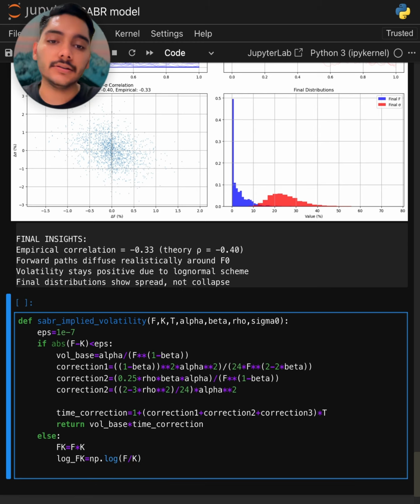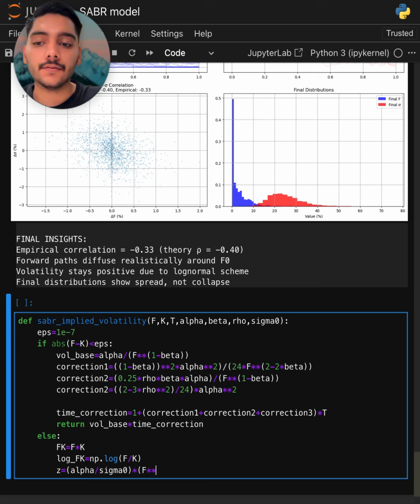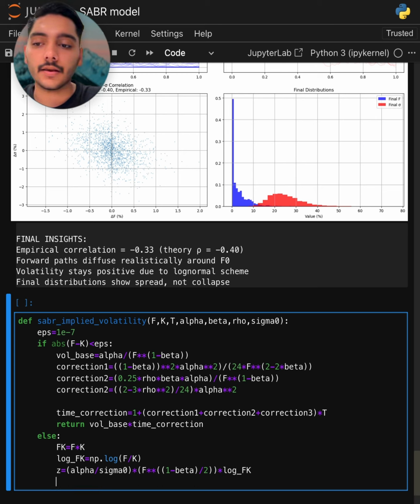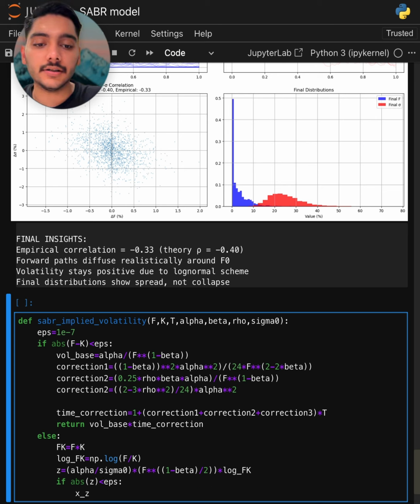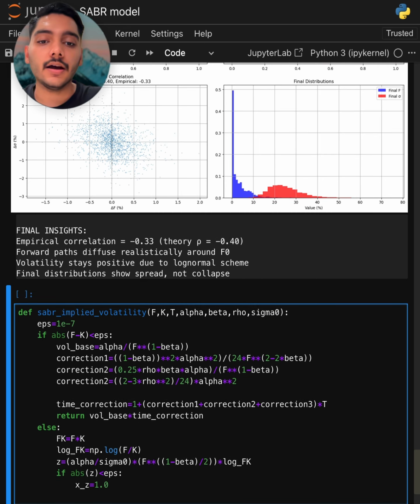And the z parameter, which is the heart of the approximation, is equal to alpha over sigma naught into f to the power (1 minus beta) by 2 into log fk. And if the absolute value of z is less than epsilon, then xz is equal to 1, else